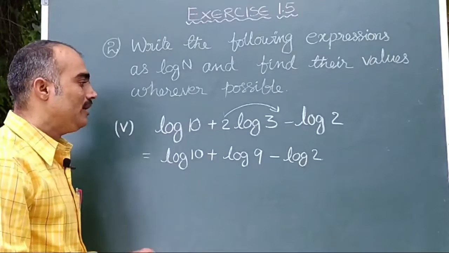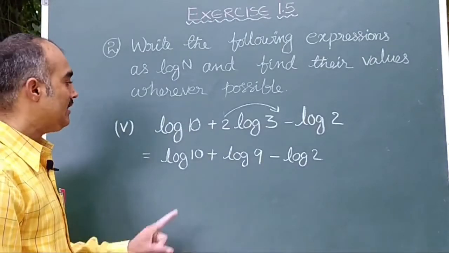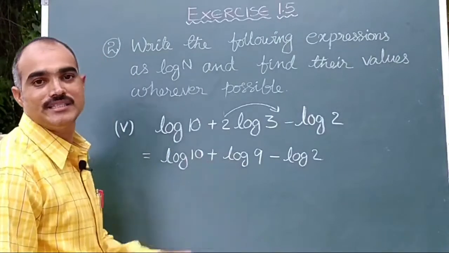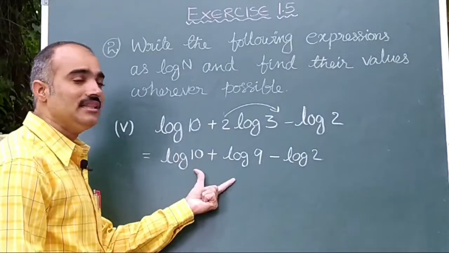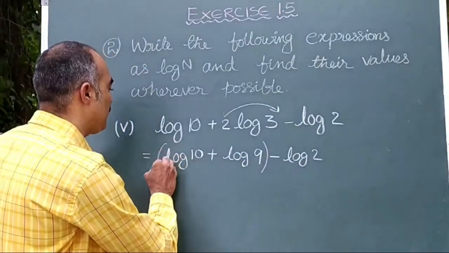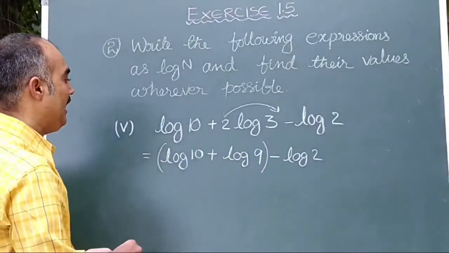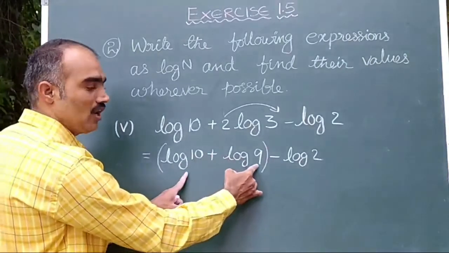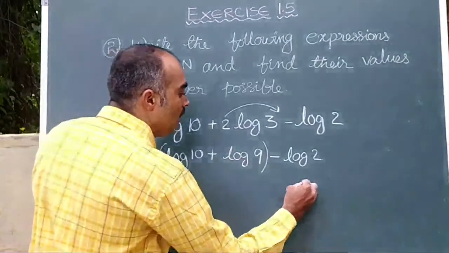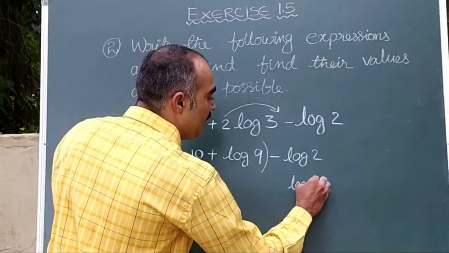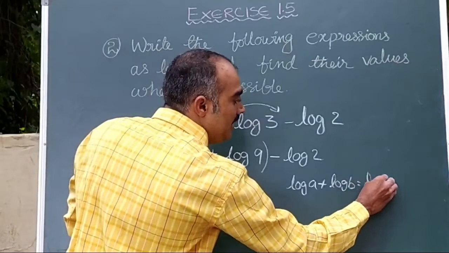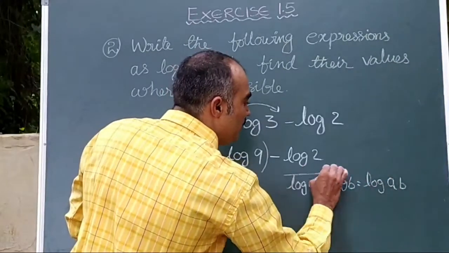As you remember, there is a rule, BODMAS. In that, whenever addition and subtraction come, we should give preference to addition, children. After completing the addition, only then should we do the subtraction. So, let us take this part of the problem because it has addition, and it is in the formula log A plus log B. I have told you already what the formula of log A plus log B is. It is log AB. We can say log A into B also.